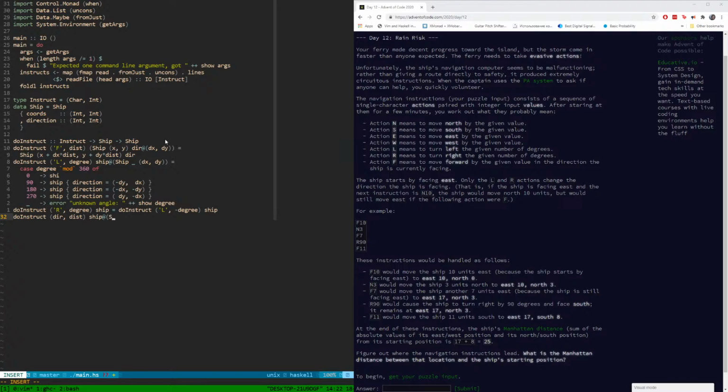Ship, let's say ship x y. Direction doesn't matter, and it will be ship coords x y, and we will add something to x and y. What should we add? Direction multiplied by distance, right? So what we will say is that we have dx, where dx dy